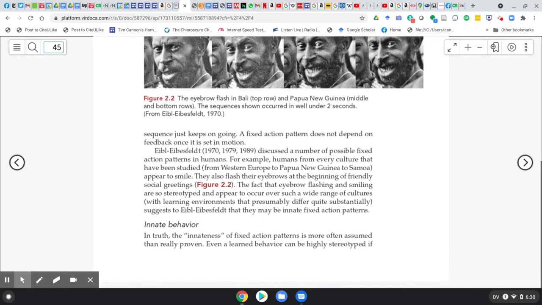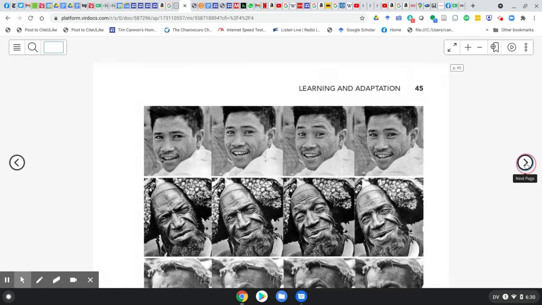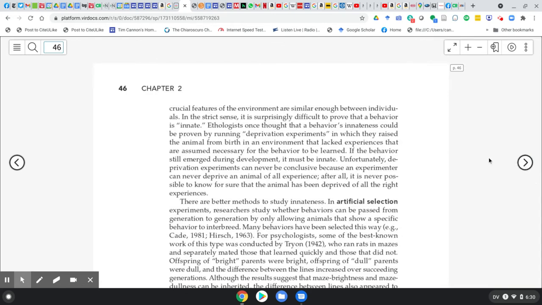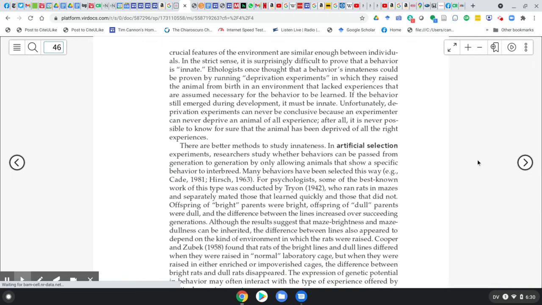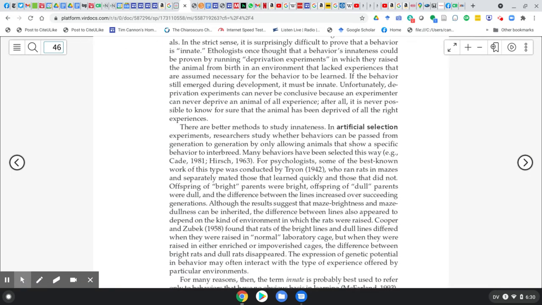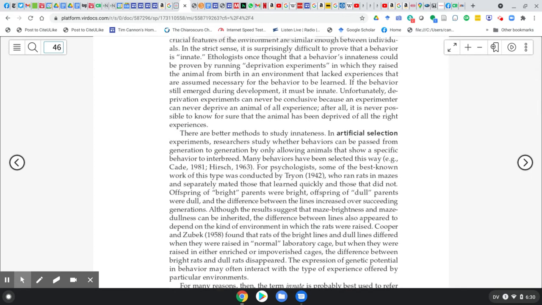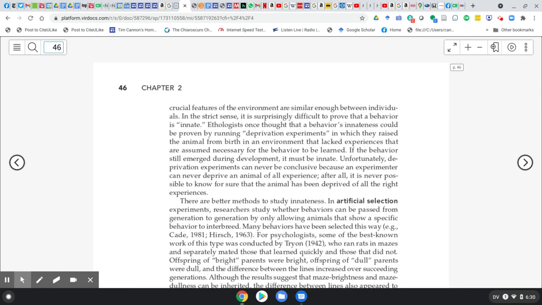And innate behavior versus learned behavior. This is learning and behavior. And fixed action patterns tend to be, they can be directed, but they are fixed. They are fixed action patterns. They are FAPs. And natural selection, of course, is what